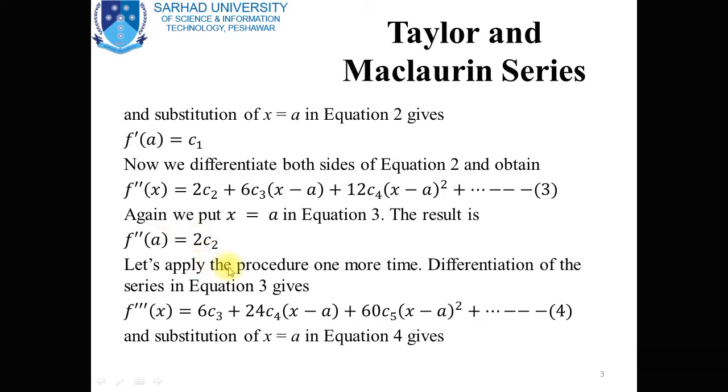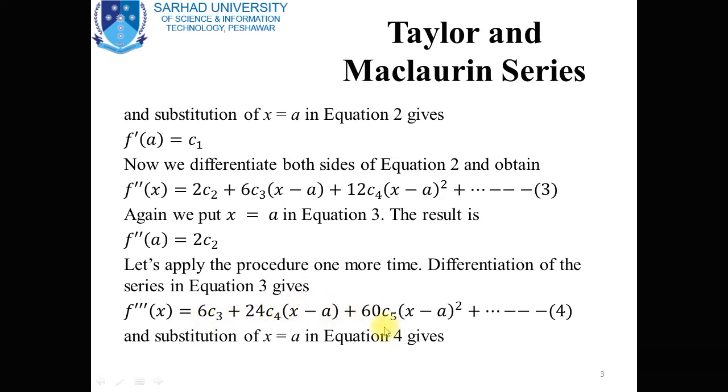Now let's apply the procedure one more time. Differentiation of the series in equation number 3. Again you see over here f triple prime, the derivative of the function f with respect to x, is equal to 6c3 + 24c4(x - a) + 60c5(x - a)^2 + and so on. Now this is equation number 4, and if we substitute x = a in this equation number 4, we obtain f triple prime is equal to 6c3,